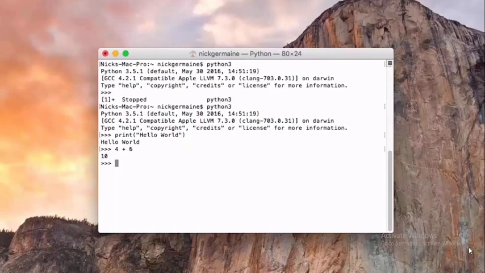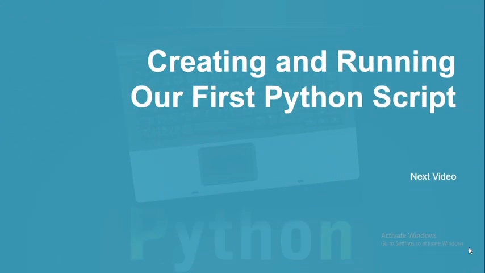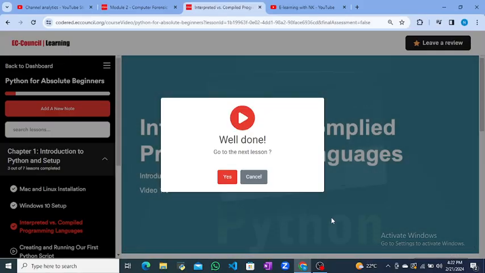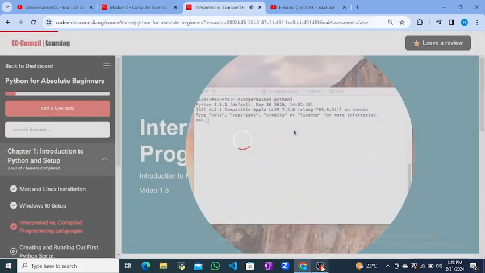So we're going to be starting out using the interpreter, but as things get a little more complex, we're going to get into writing scripts and executing those scripts. So now we need to learn how to run a Python script. So the interpreter